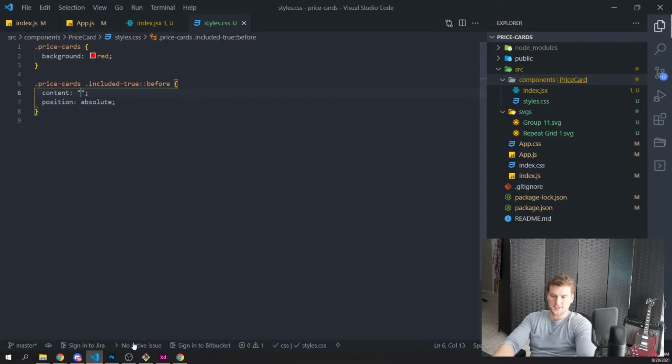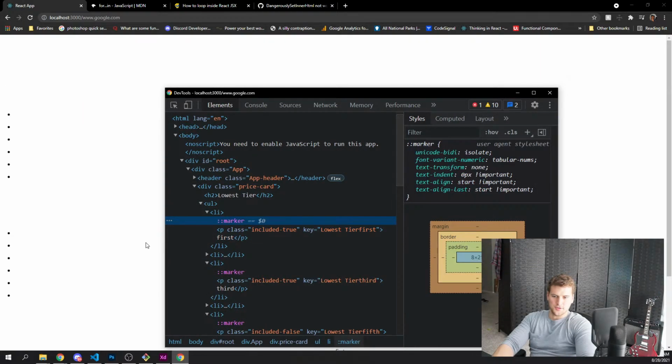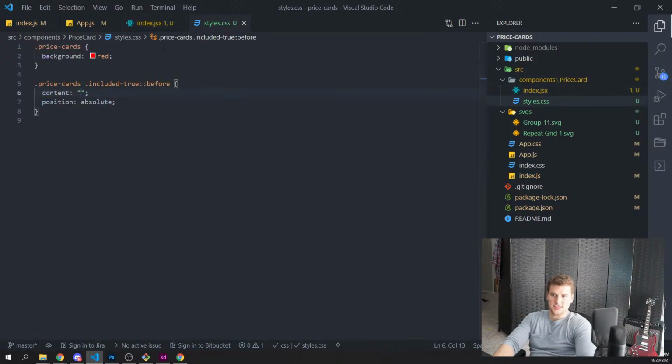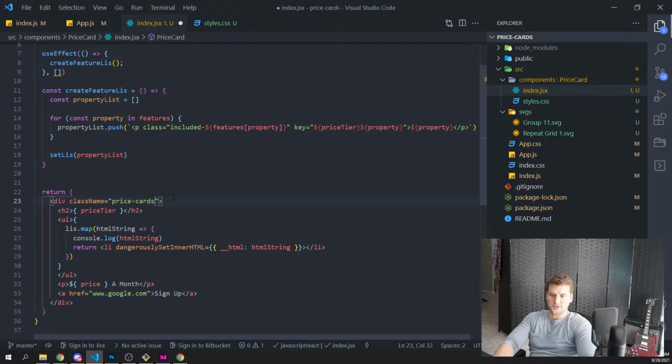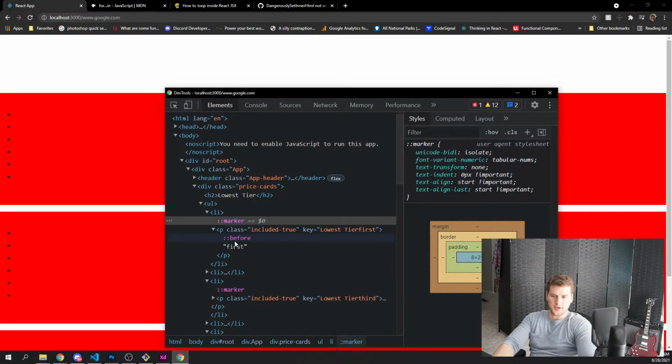We'll just add that and be blank. And then still nothing. Are we even importing the styles? Yeah, we got styles.css imported here. The background of the price cards isn't red. Do I not have price cards on the thing? It's price card, we'll say price cards, and then now the stuff is showing up.